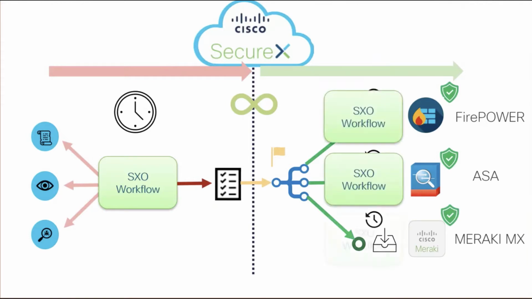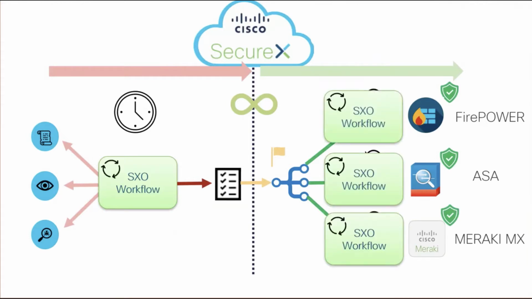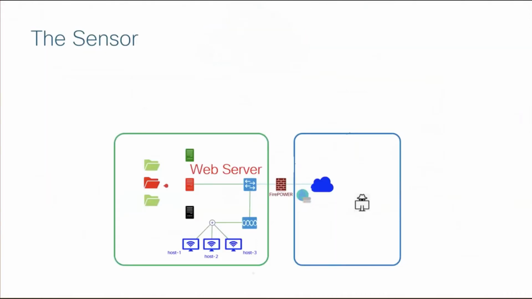And we are going to use a SecureX workflow for doing that. We are going to use separate SecureX workflows that will run in parallel, separately. All these workflows are loops. The collection workflow on the left will run every hour, and on the right, we have one workflow per security solution, and all these workflows will run every 5 minutes. They will check if there is an update to download, and if the answer is yes, the update will occur.